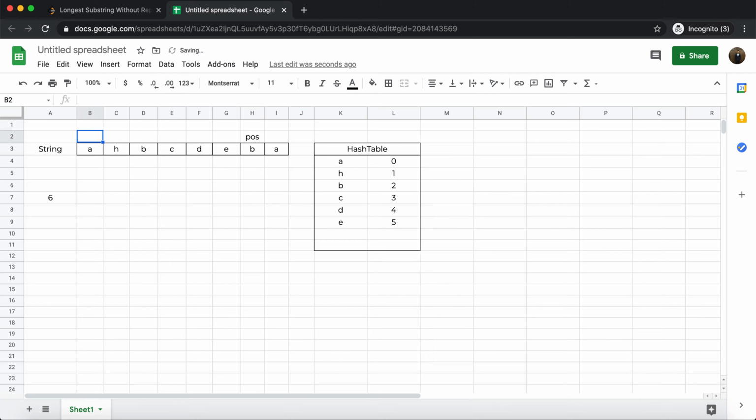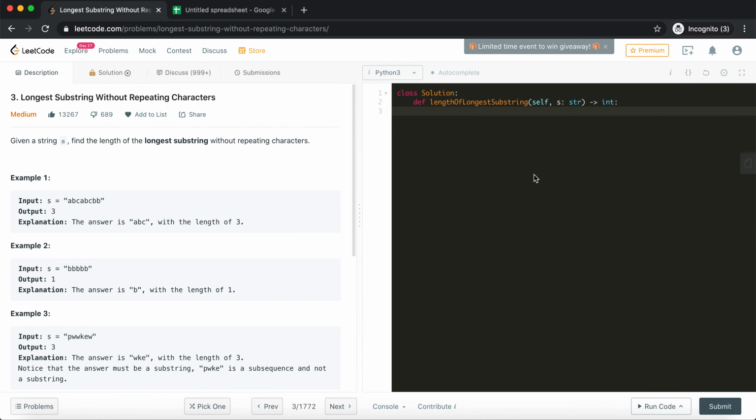In the next iteration, we need to put start here, that is the start of our next substring, and we need to repeat what we did in the previous iteration. That is the logic, at a high level. So let's start coding this problem.